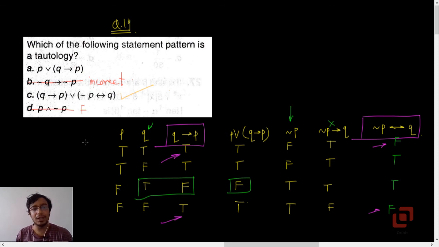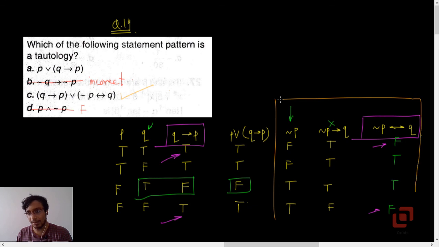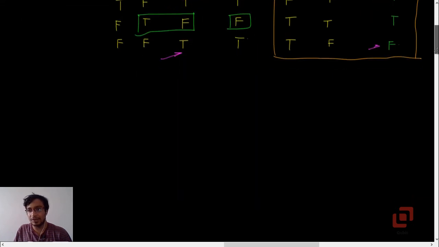See, in the examination, the moment you eliminate 3 of them, it has to be the remaining option. Okay, so in the examination there is no need to do all these things, but as of now, because we are solving the problem thoroughly and discussing each and every thing, it will be good if you make this table in your notebook. So that is question 14. Let's go to the last one now. That is question number 15.